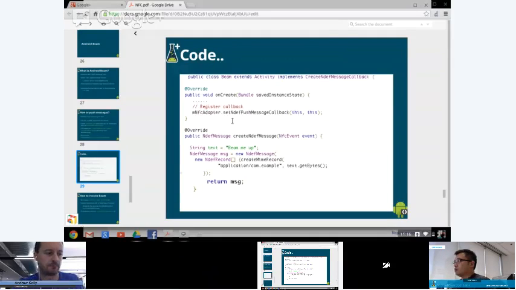It puts the MIME type as the first NDEF record, and then uses the rest of the message. In this case, it's just a text that says "beam me up," and it adds this to the payload of the NDEF message, which is the records following from index 1, 2, 3, and as many as your data needs. But the first record is always the MIME type.